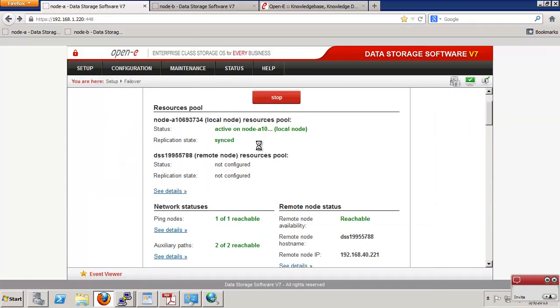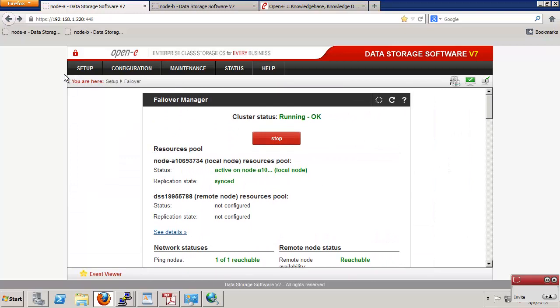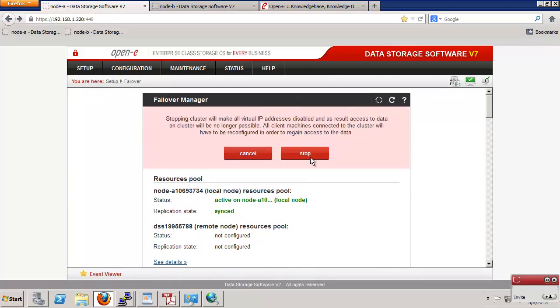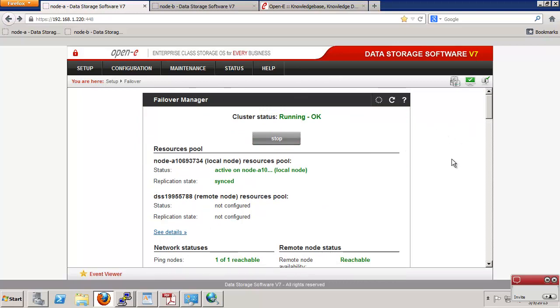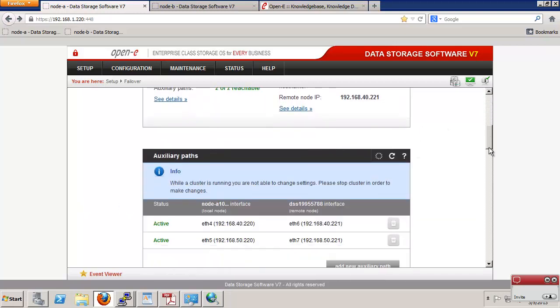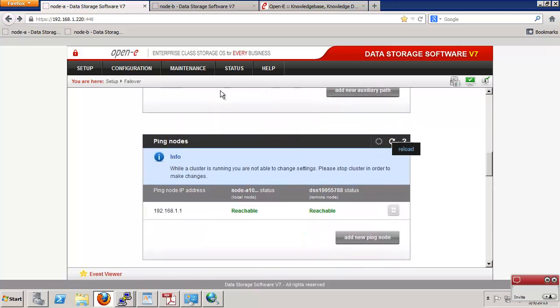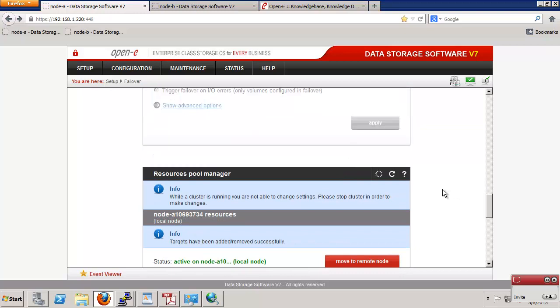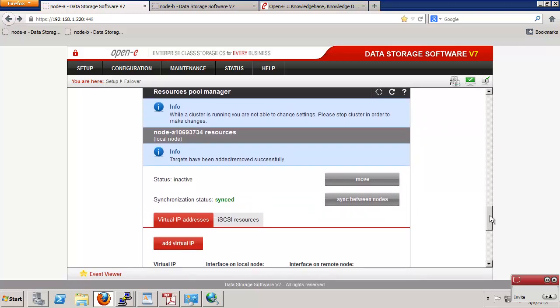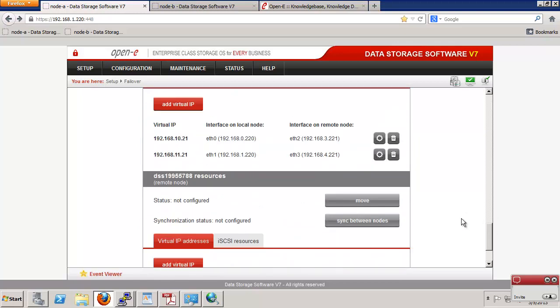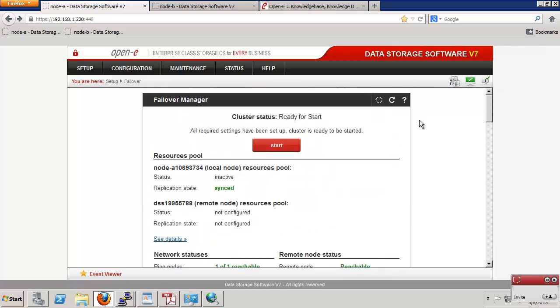Now we need to stop the failover service. We can do this in the Setup failover tab by clicking on the Stop button. It takes some time because some services are being stopped. Both nodes communicate with each other during stopping and validating some other changes. It's not just force stopped, but a graceful shutdown of the iSCSI cluster. Okay, my cluster has been stopped, so now I can go further to reconfigure my cluster from Active-Passive to Active-Active